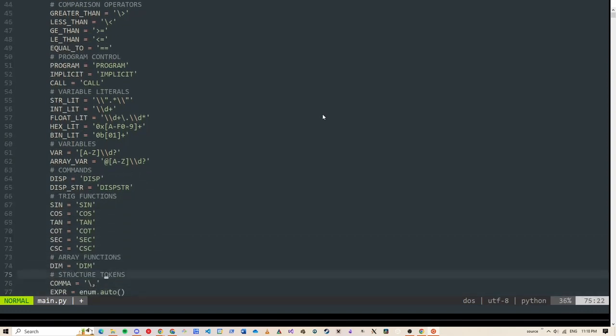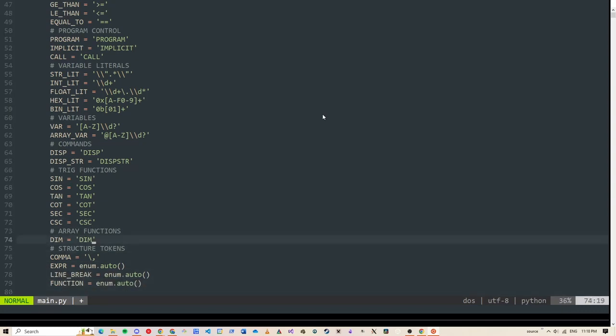I have some basic math functions, so these will just come shipped with the language, just like the graphing calculator, I guess. Sine, cosine, tan, cotangent, secant, cosecant. The dim function too, and these are structure tokens. So the way the compiler works is when the lexer goes through and analyzes the program and creates these tokens,